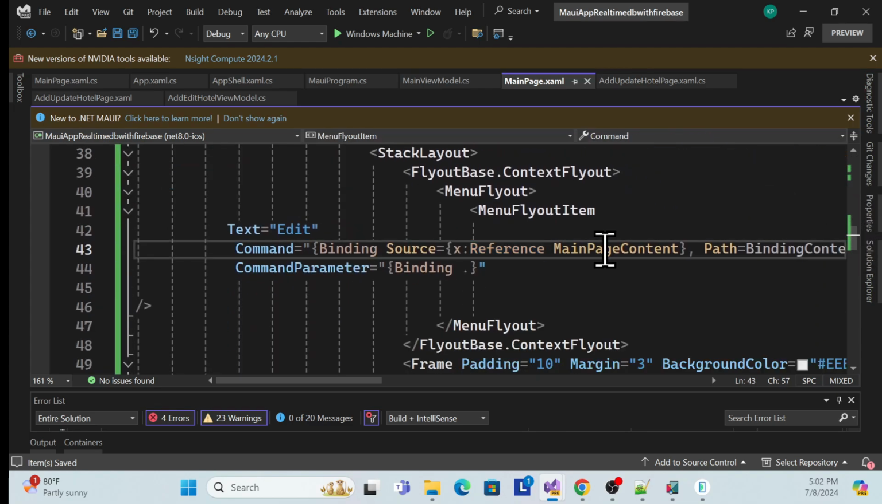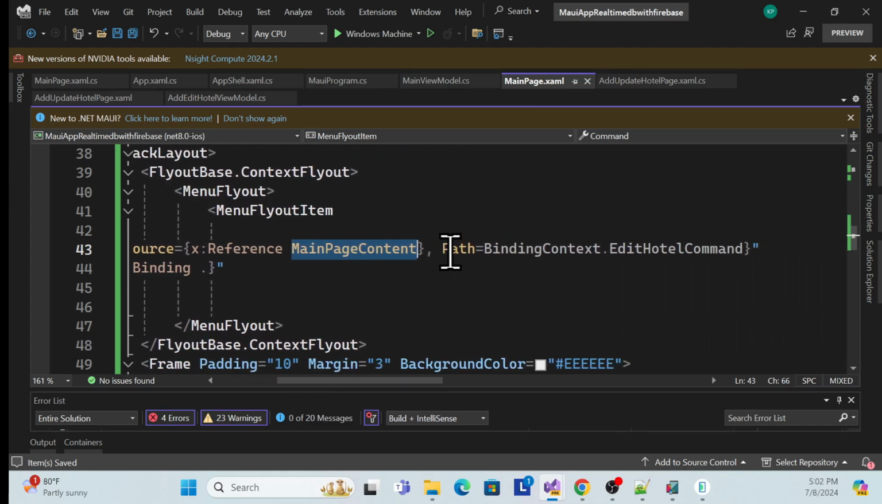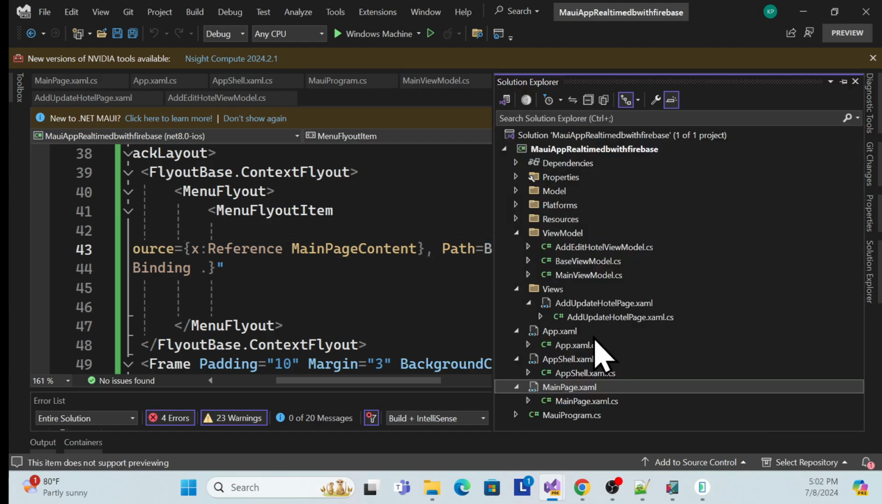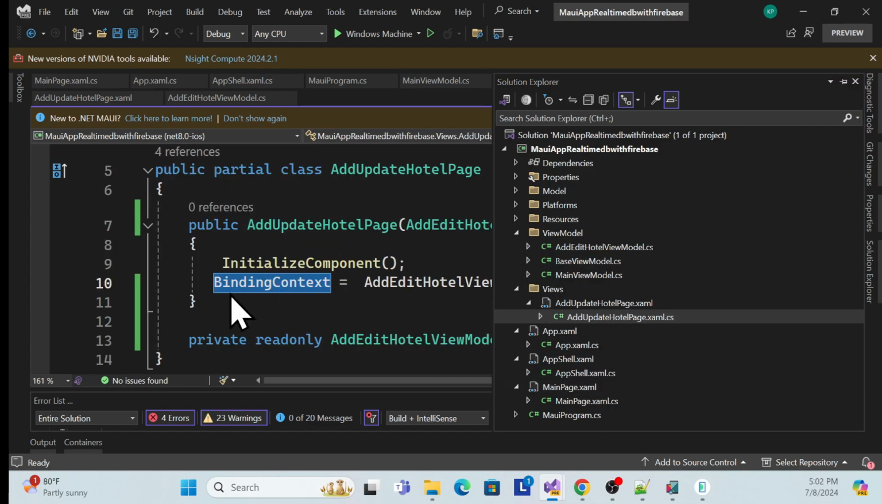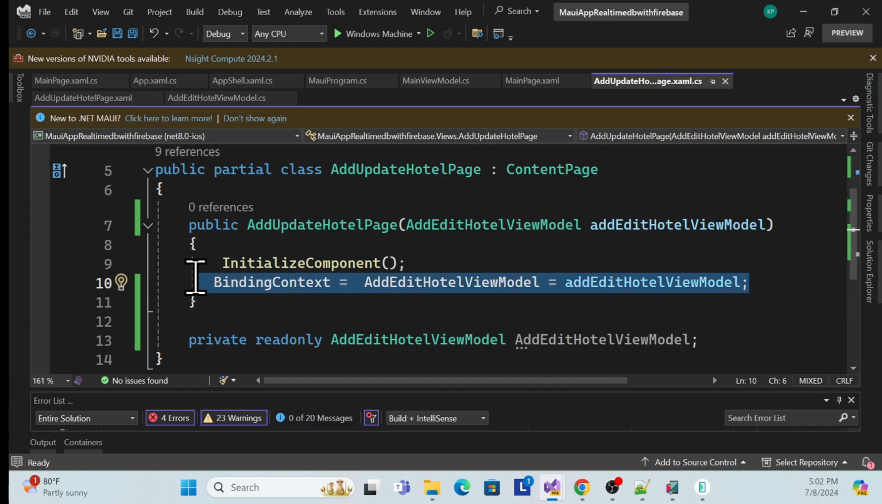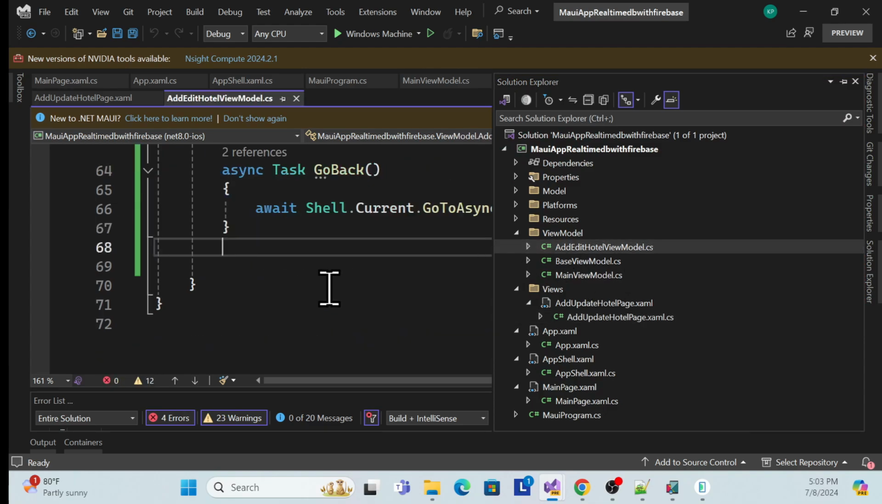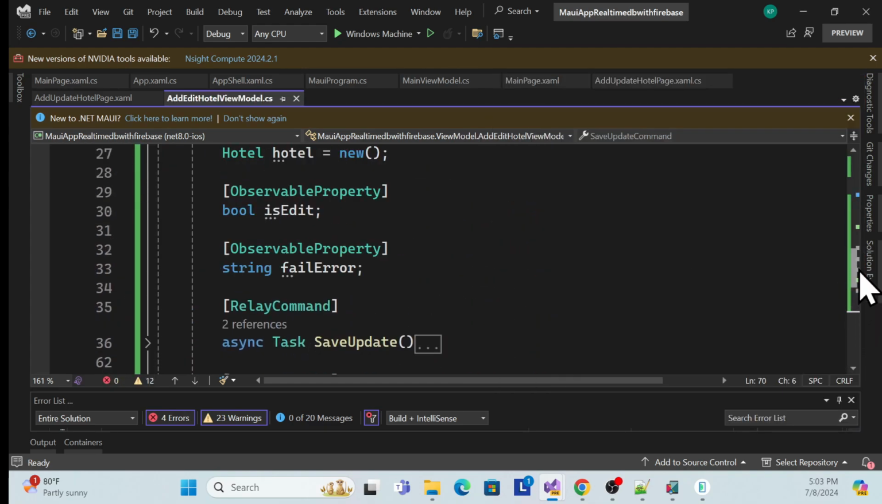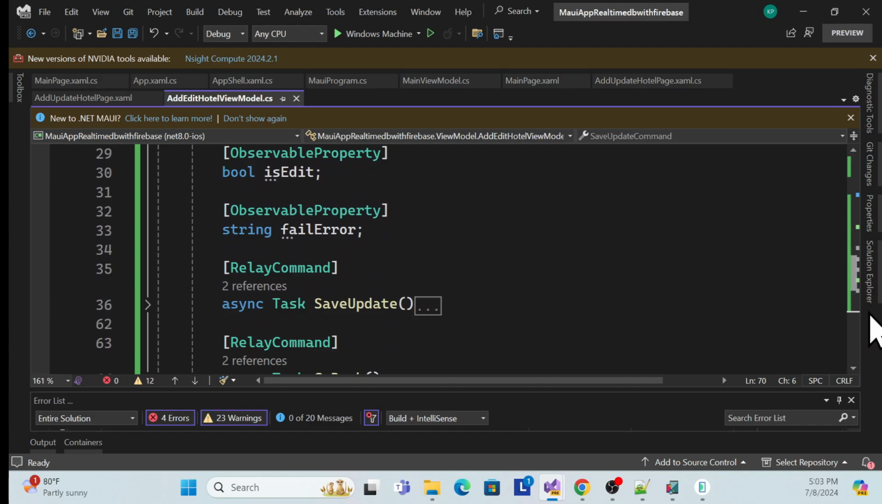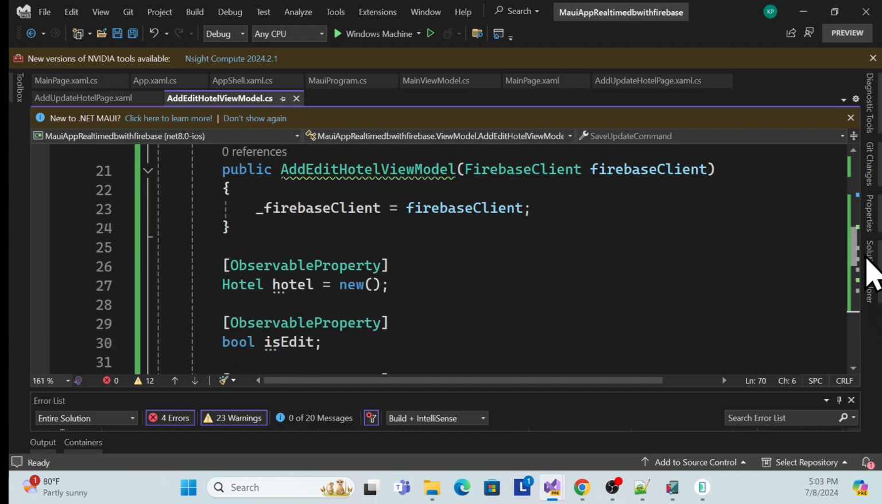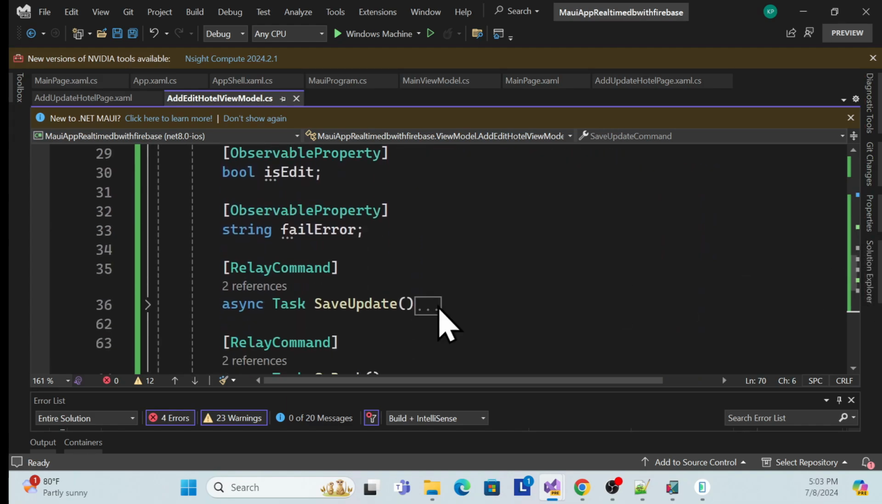So I just reference it as main page content, and then I can use it as a path, and in the path we have to use that binding context, and in this binding context, whatever your command is, like for example, in our case this page itself we have to bind, right? So this is the binding context, and in this binding context we have to bind that view model. So in this view model we have that command, right? So this command, which is the edit and update command, right? For example, save and update command, right? So let me copy this